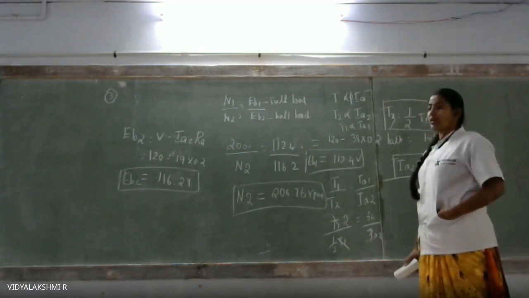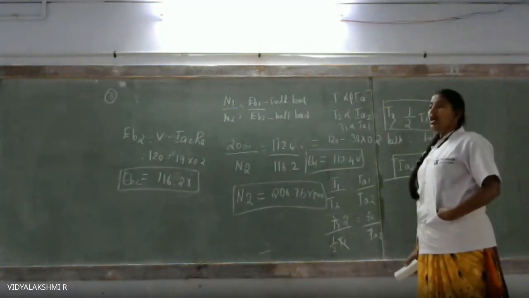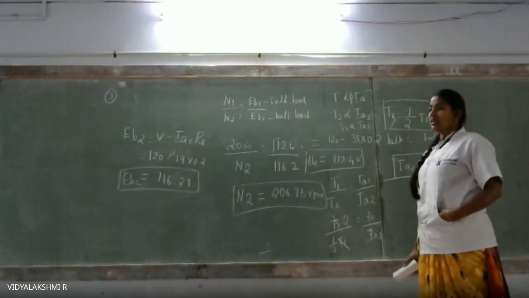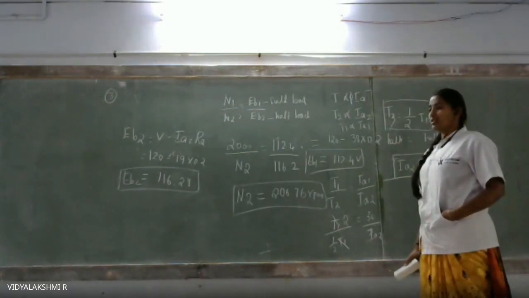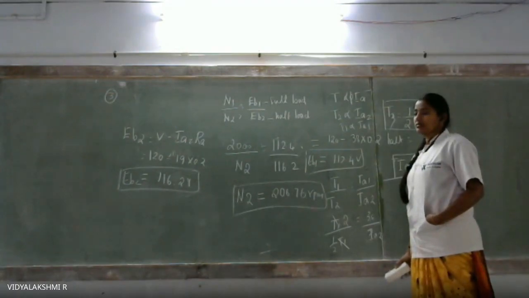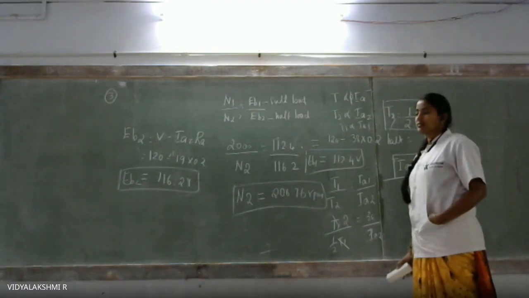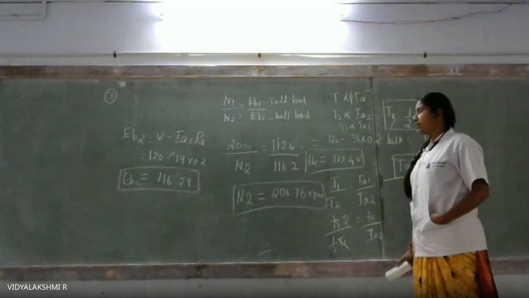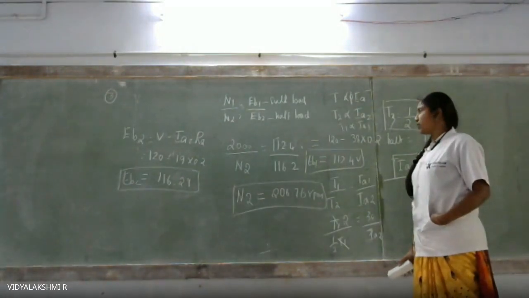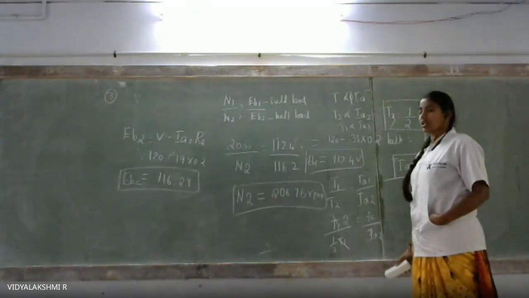The same problem they have given in the series motor. What is the value that will be varying? Which formula will be varying? The same problem I'm going to derive for the series motor. Which formula am I going to change? Have you got my point? What I'm trying to say? The same problem I'm going to apply for the DC series motor. In which formula will it be varying with respect to the shunt motor?